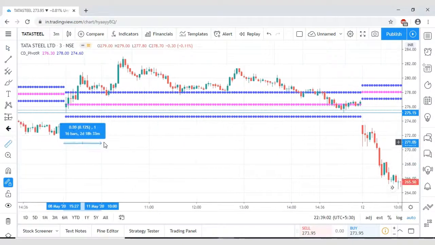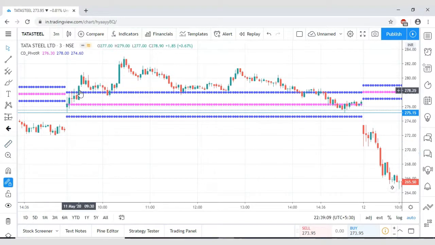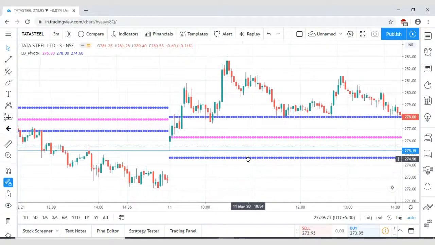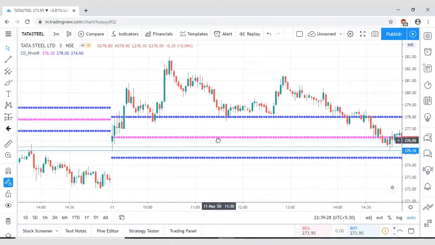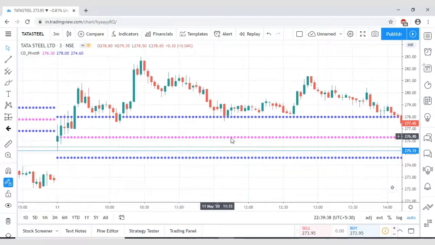And here, now this is BC and this is TC, and you'll get to know that based upon the calculation only. Once you apply the formula, you'll come to know, that's not a big deal actually. So here this is BC, this is TC and this is PP. Now the first point is done: based upon the range, you can decide the direction.